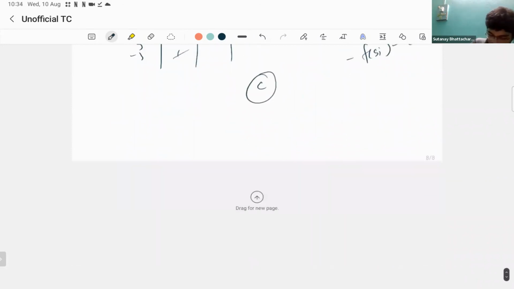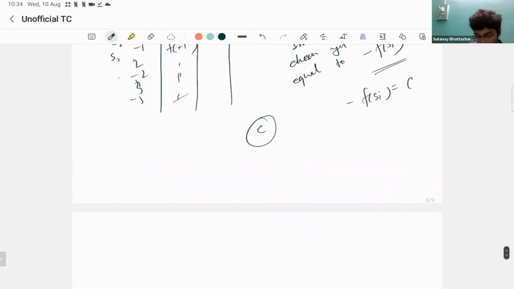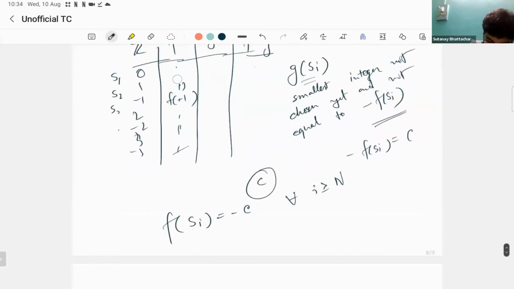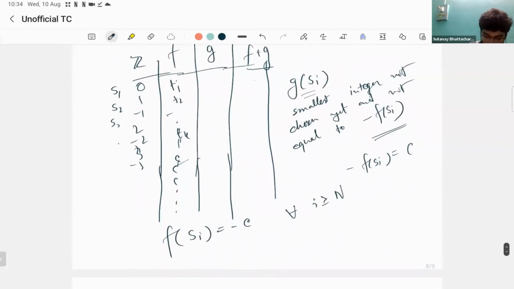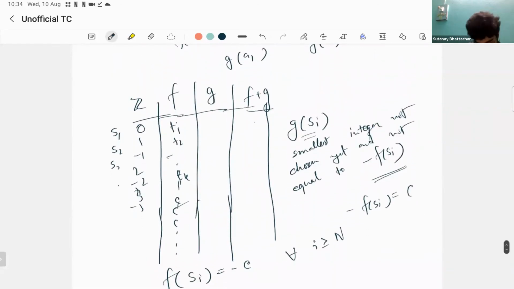So the only scenario where this does not work is when f of Si is equal to minus C for all i bigger than some large n. So this column basically goes T1, T2, Tk, and then it's all C's. So we need to deal with this case separately. So what do we do then? Again, we just need to make sure G is